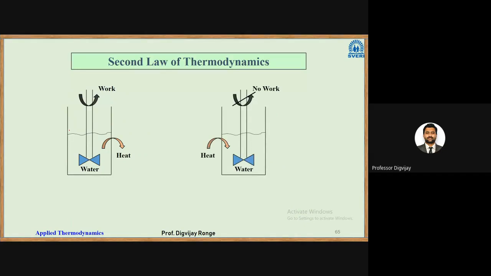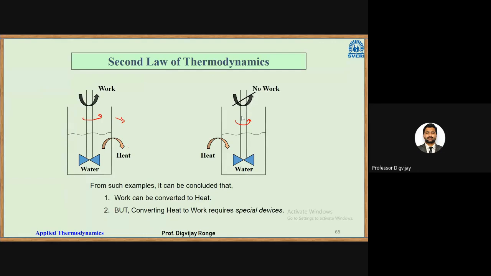Now here is another limitation of the first law. There is a paddle wheel, and we are rotating that paddle wheel. There are some blades fixed at the bottom, and we are stirring the water. In that case, some heat will be generated, and that heat can be transferred to the surrounding. But if I take the converse situation, if I take that heat and again supply it to the water, it is not possible to again rotate the shaft. So this is a one-directional, irreversible process in which we rotate the shaft, stir the water, and transfer heat to the surrounding, but the converse, transferring heat to the water so that the shaft rotates, is not possible.